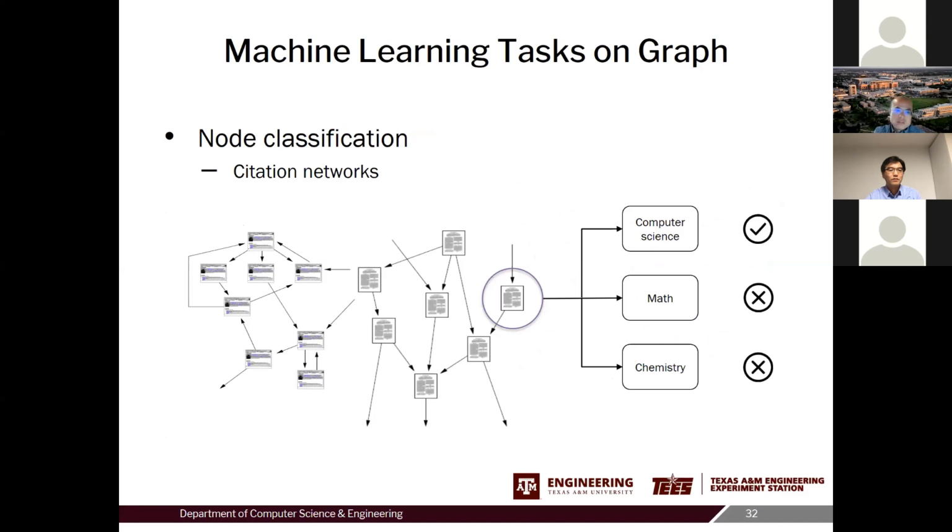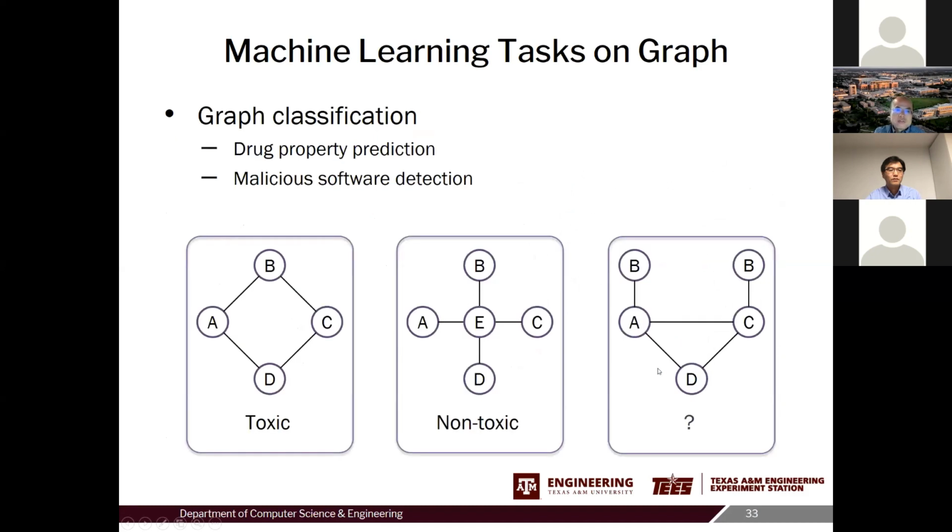For example, in the citation network here, each node represents a document or paper, and the link represents the citations, the references from one publication to another. We can, for example, classify each node as computer science, math, or chemistry. Or we can do graph classification here.